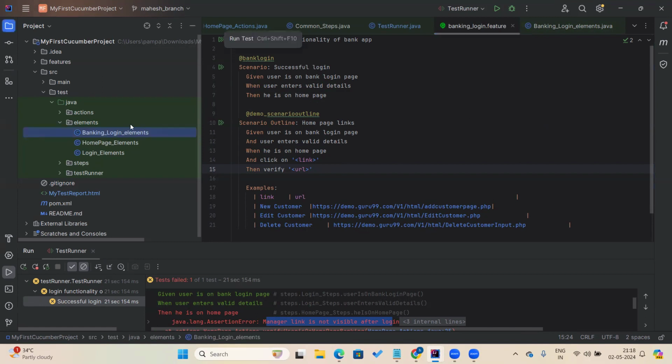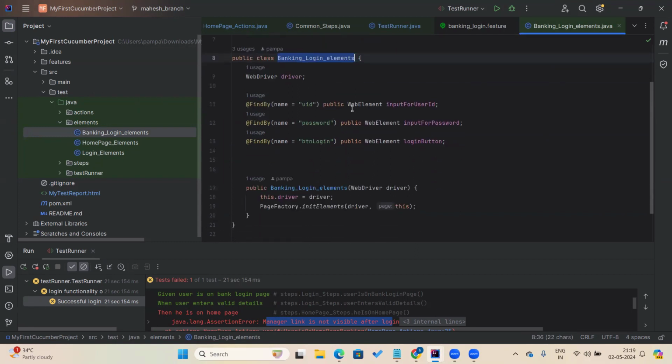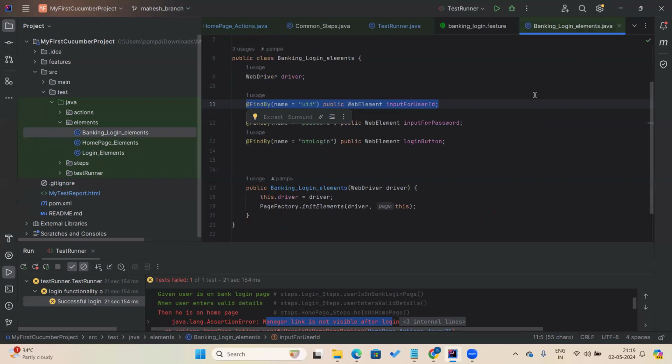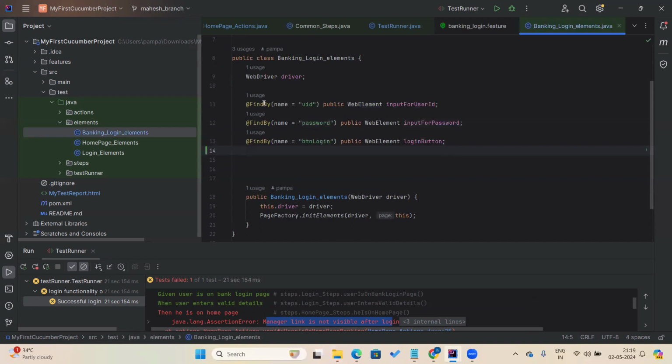So here, the first step, you have to create a page, a Java class for each and every web page of your application. Inside that, you have to create web elements. For example, your web application has some 10 elements. You have to create your 10 web elements like this. So you can see the difference. For example, you wanted to find a